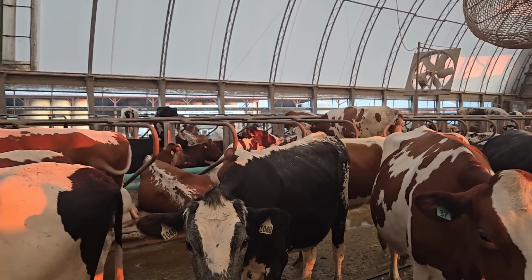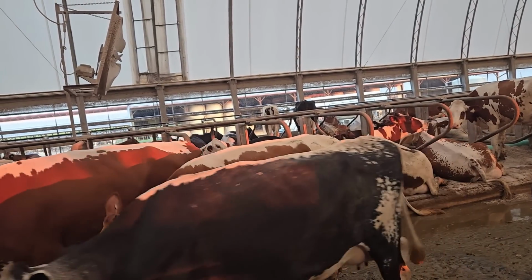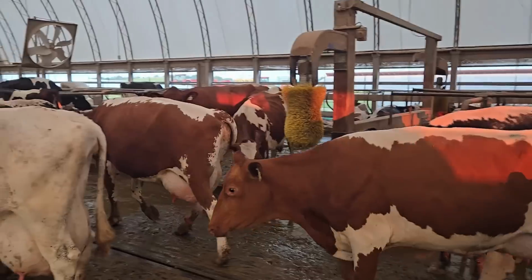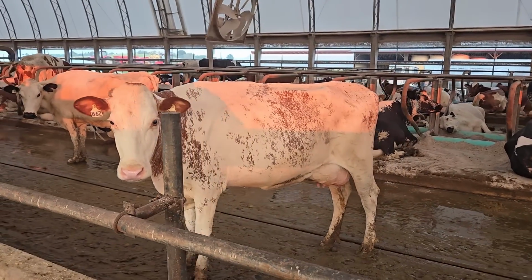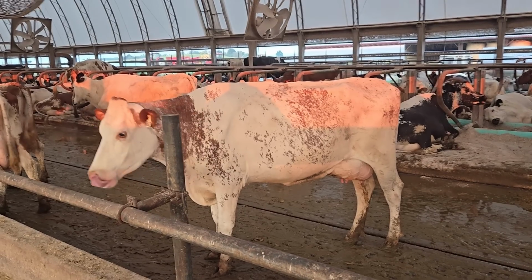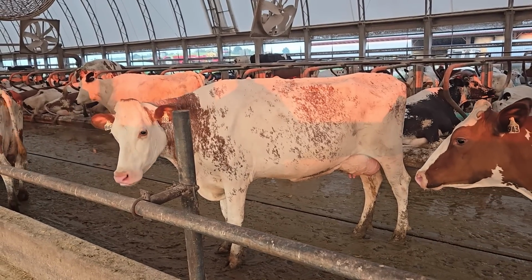Sometime here I'll do a little more of a video on different markings on them. That's a lineback there. She's more what they call a Gloucester marking. It's one that would probably have a little bit of milking shorthorn in her. About 10 years or so ago, I used a milking shorthorn bull to breed some heifers, and most of them turned out fairly good, but there's still some descendants from them coming out